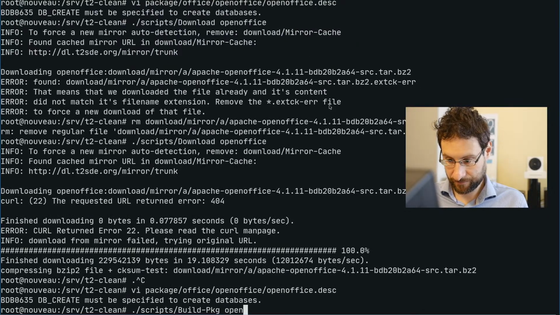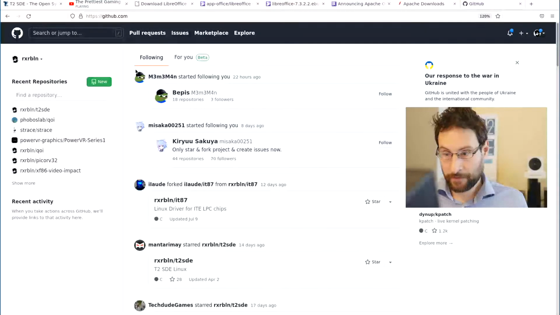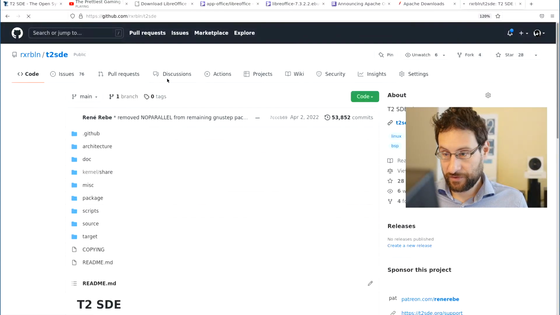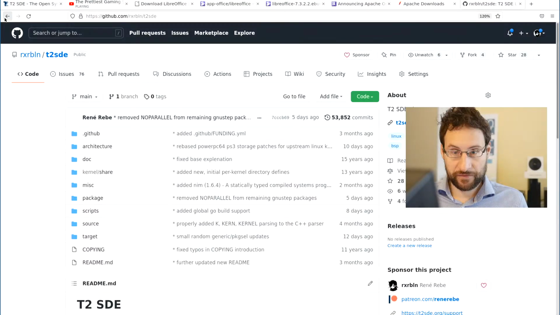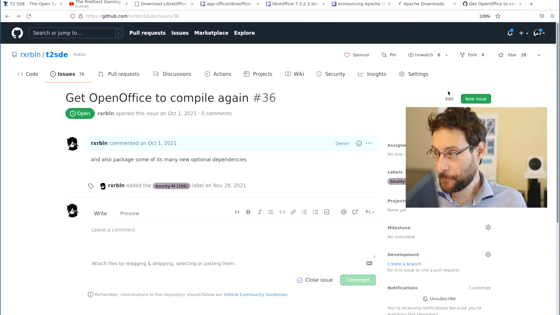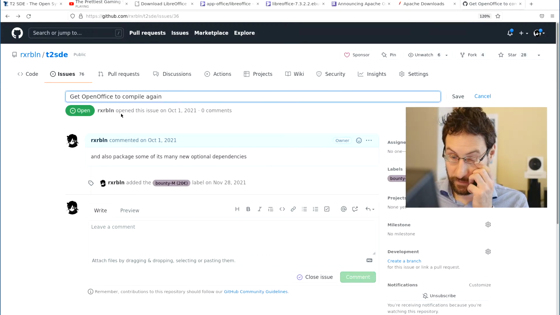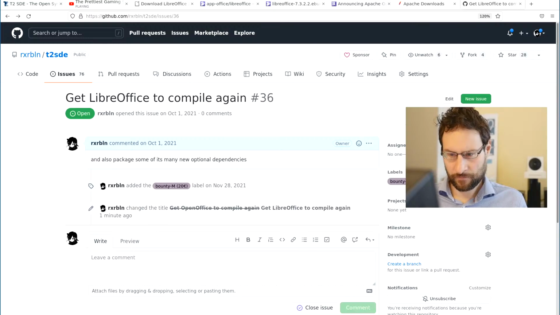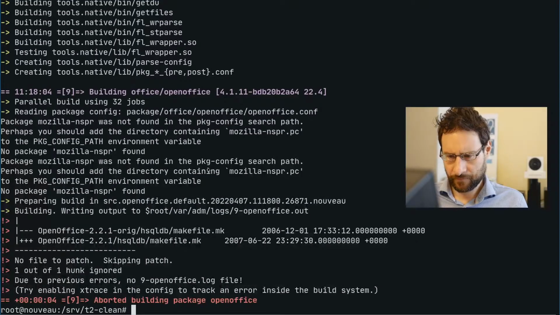Probably nothing good though. And we wanted to edit the issue. Let's go back to that issue. And of course, I mean LibreOffice. Okay, that doesn't build anymore.